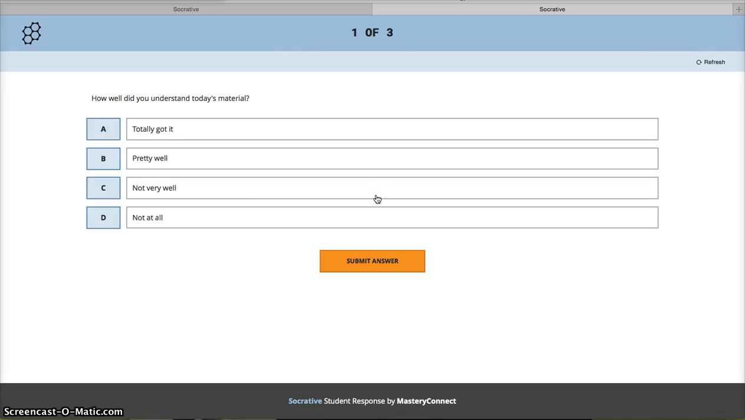The first question is going to appear. So this asks them how well they understood the material. You can see all of the options that they have. So totally got it, pretty well, not very well, or not at all. Student will select how well they thought they did, or how well they thought they understood the material, and submit